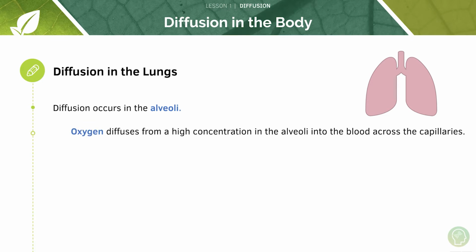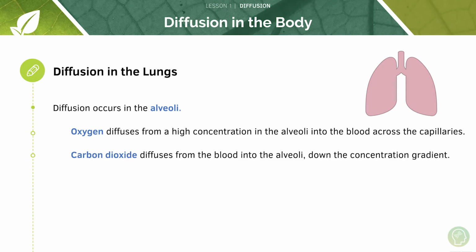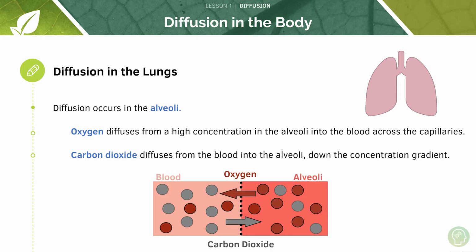Oxygen diffuses from a high concentration in the alveoli into the blood across the capillaries, whereas carbon dioxide diffuses in the opposite direction, also down a concentration gradient, because remember we're talking about diffusion, yeah? So it would always be down a concentration gradient. So if you just think about this, you don't really need to commit this to memory because you can think